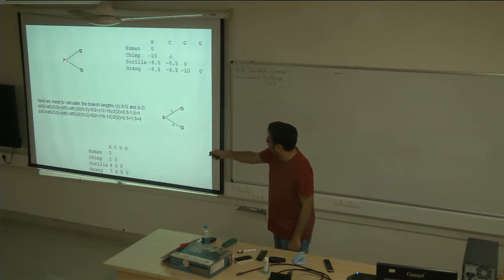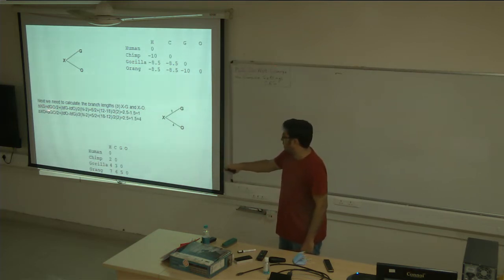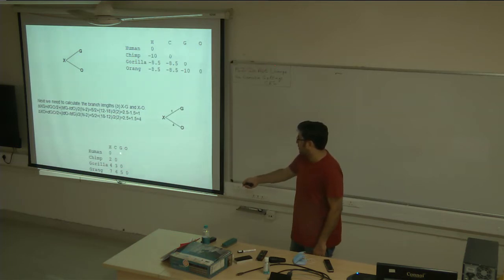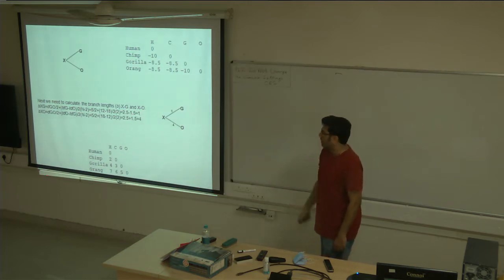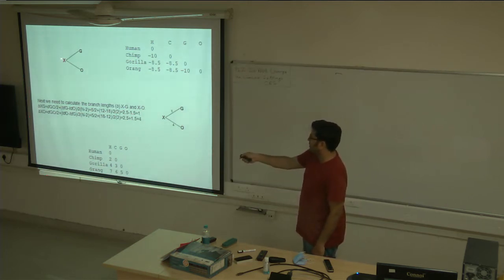So the branch length from X to G is the observed distance between gorilla and orangutan, that is 5, divided by 2. Then the total distance of gorilla and orangutan. Here we calculated this total distance for each taxon, so you plug that part in here and divide by 2 into n minus 2. It will give you a value of 1. Similarly, you calculate the branch length from X to O, and with the same logic get the value of 4.